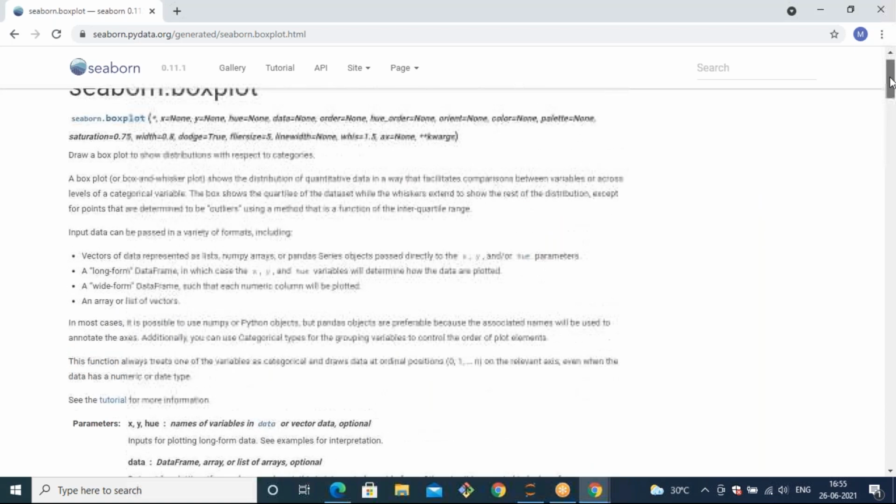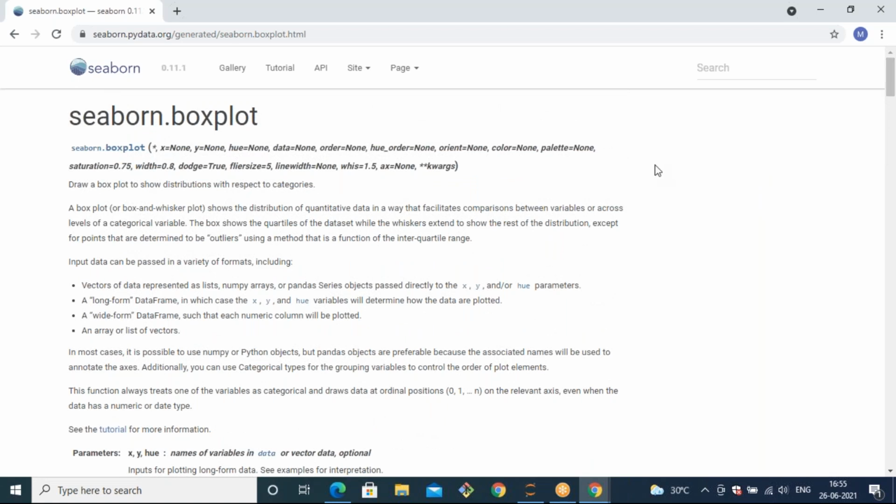So how is the IQR range calculated? By calculating the minimum value, maximum value, and the median value. In the box you can find the first line, which is called IQR1, the middle line is called IQR2, and the next line is called IQR3. Apart from the box, we have lines at the start and the end also. The first line is called the minimum value, and the top line is called the maximum value.